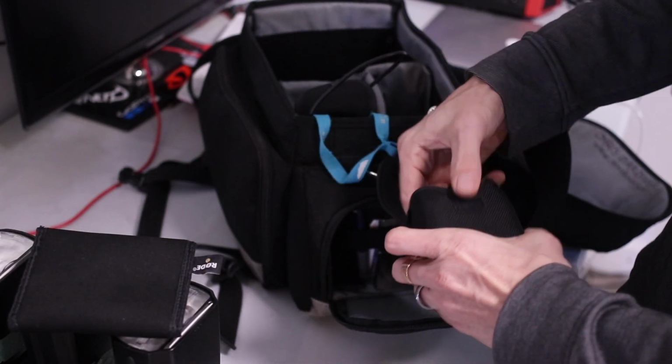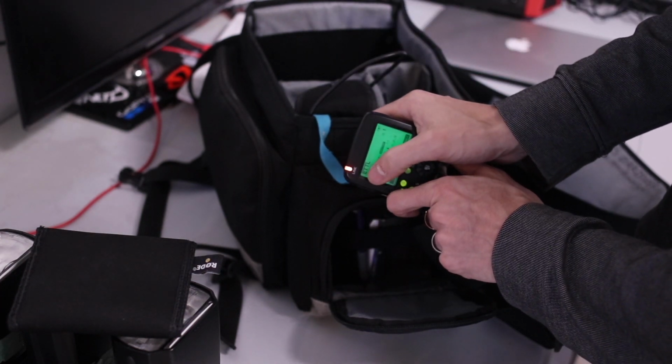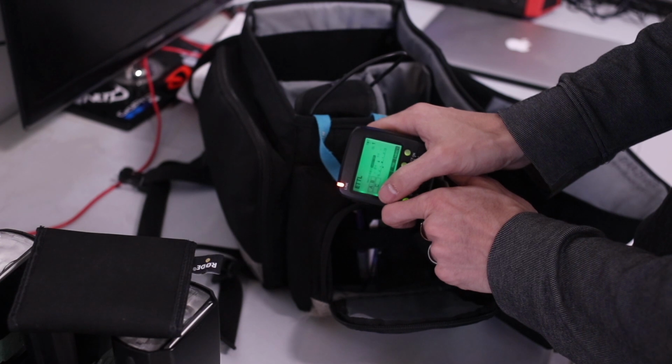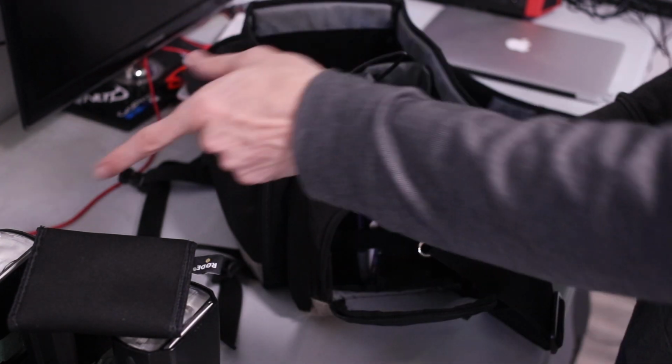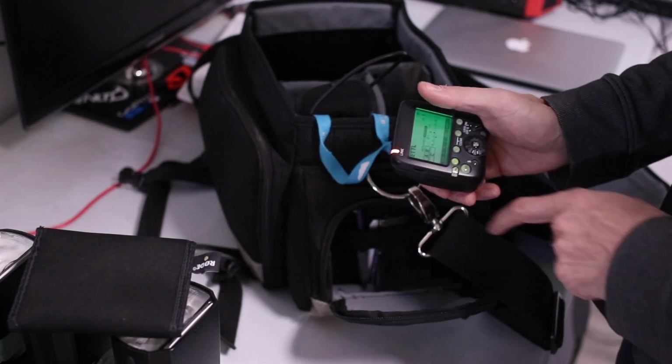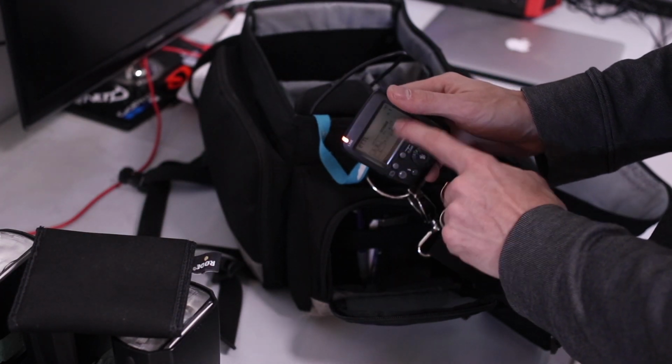This is the transmitter, so this is what goes on top of my camera. Gives me ETTL, grouping, power levels of each of these flashes. I can make that A, B, and C. And I can control each of their outputs as a ratio of each other that the camera's going to measure